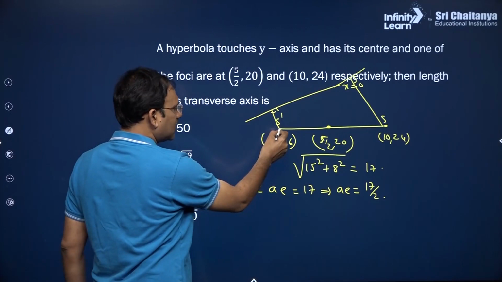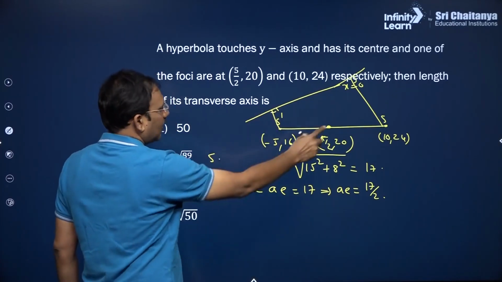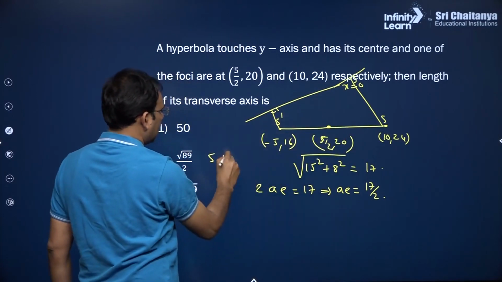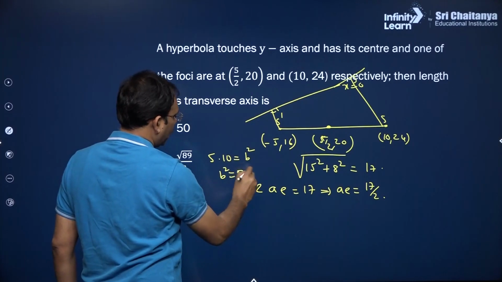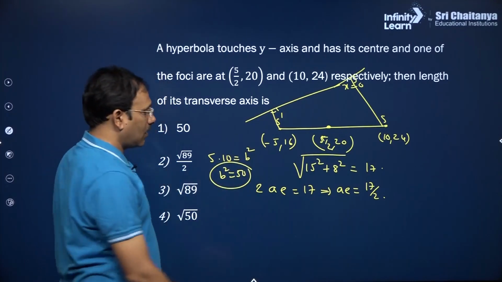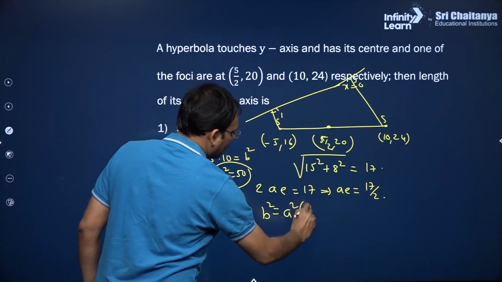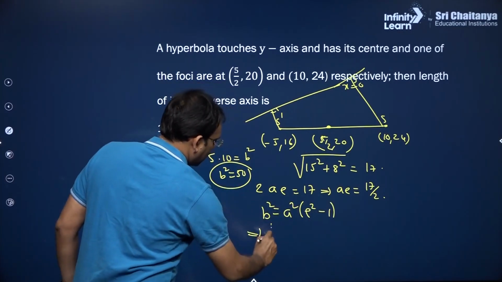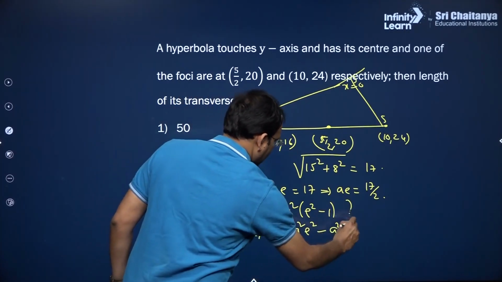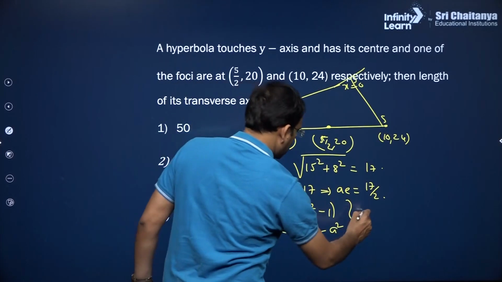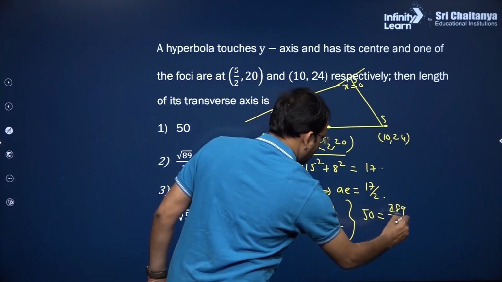What is the perpendicular distance of this onto the y-axis? Mod x1, that is 5, and this perpendicular distance is 10, is equal to b square, my dear friends. So b square is equal to 50, we got. I want a square. So here, my dear friends, you know b square is equal to a square into e square minus 1. That is b square is equal to a square e square minus a square. Here, b square is given as 50, a square e square is 289 by 4